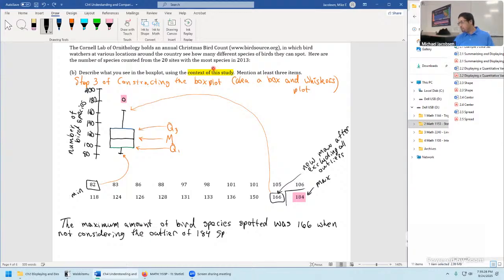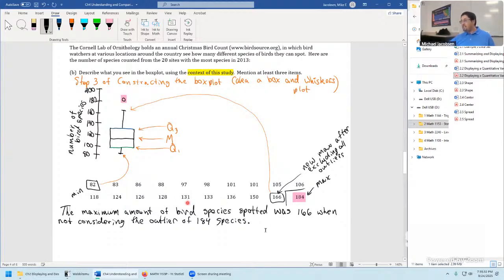Let me try to spell species right. There we go. So that's one good thing you might say about this, maybe two, depending on how you're counting them.